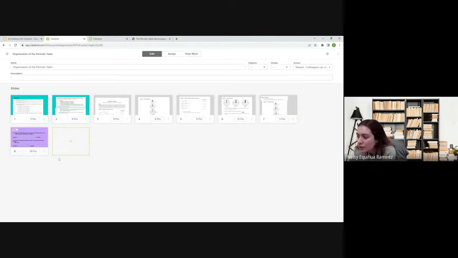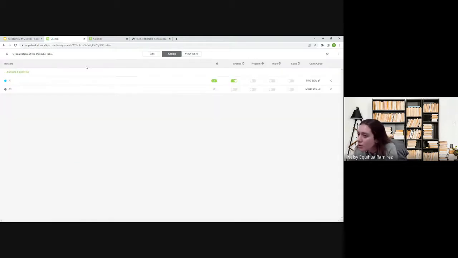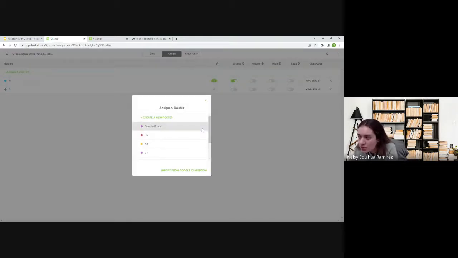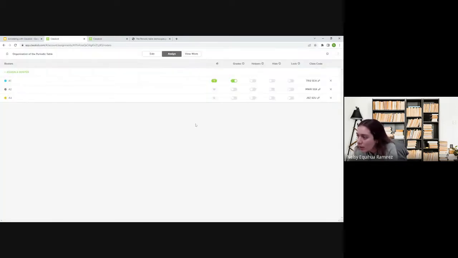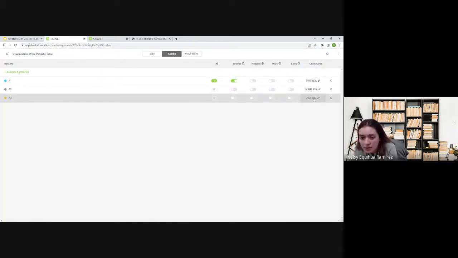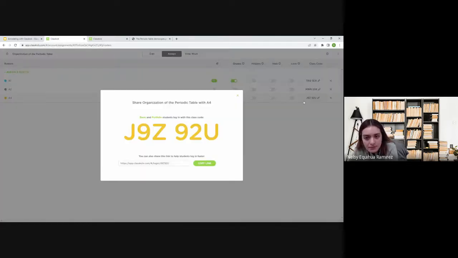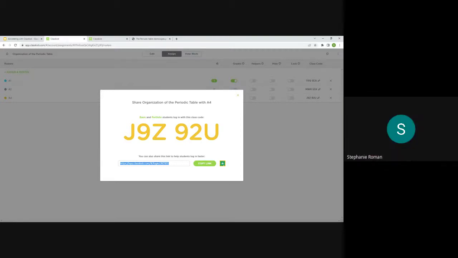Once you have your assignment or PDF uploaded that you're going to share with your kids, you put assign at the top right here. Then you assign a roster. I usually do it by class period. So right now I have A1 and A2. I have A4 as well. So then I would do that. I click on this little link where it says class code at the end, and then I copy this link in the green button and put that on my Canvas. I give the directions, click on your class period to get your assignment. And then my kids will click A1, A2, A4, and then B8 to get